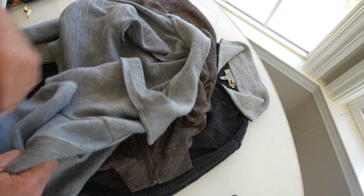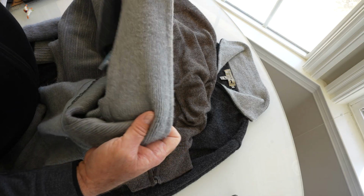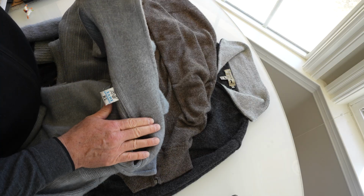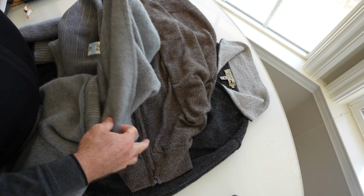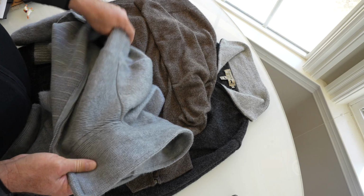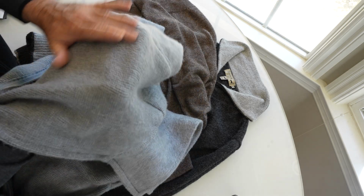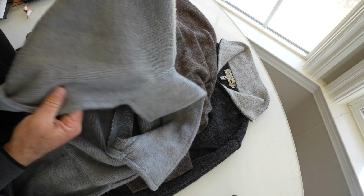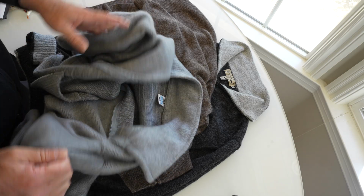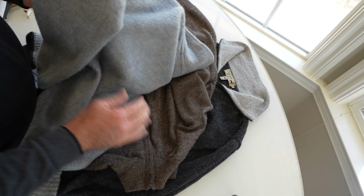It is cozy. It's actually too warm. This is about as much pilling as you'll see on an alpaca, which is not very much. And this is because this knit, I don't know what they call this style of knit, but it's very furry, so you expect a little bit of pilling with that type, whereas that wouldn't happen with these other two types. And